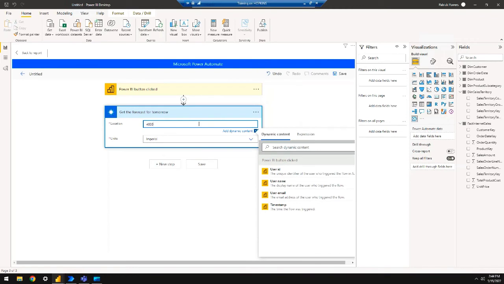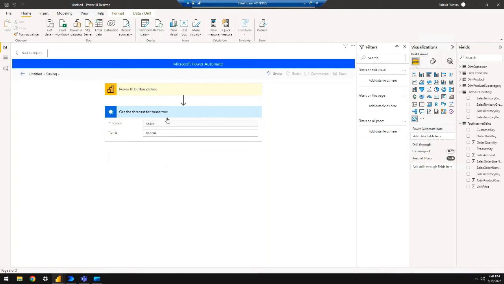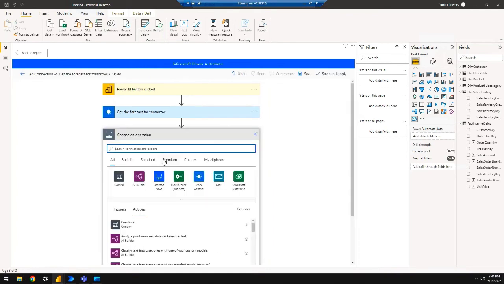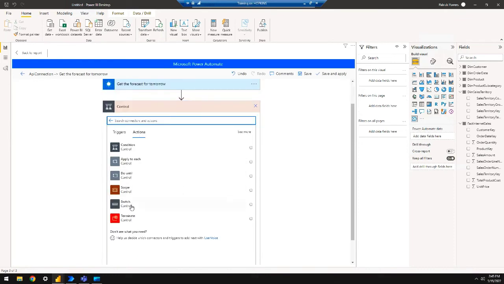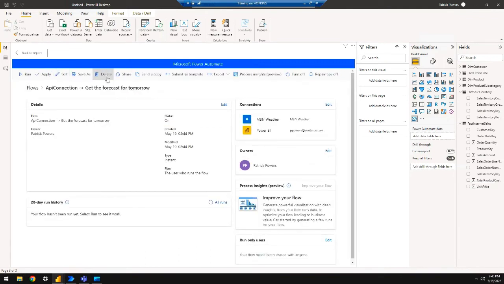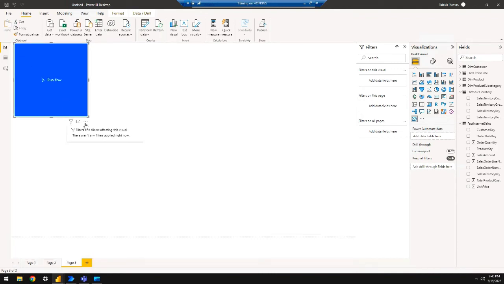So if I had a visualization that showed me weather, and tomorrow's forecast was, okay, so I can get the forecast for tomorrow, and then based on that, what do you want me to do? I could do until, I could terminate, I could switch. Yes, John, exactly. You got a snowstorm coming your way. Perfect, see? So for sales calls, for trucking, for shipping, for customers coming in. Excellent, excellent way to think about that, okay? That's exactly what I want you thinking of. So what I could do with that,